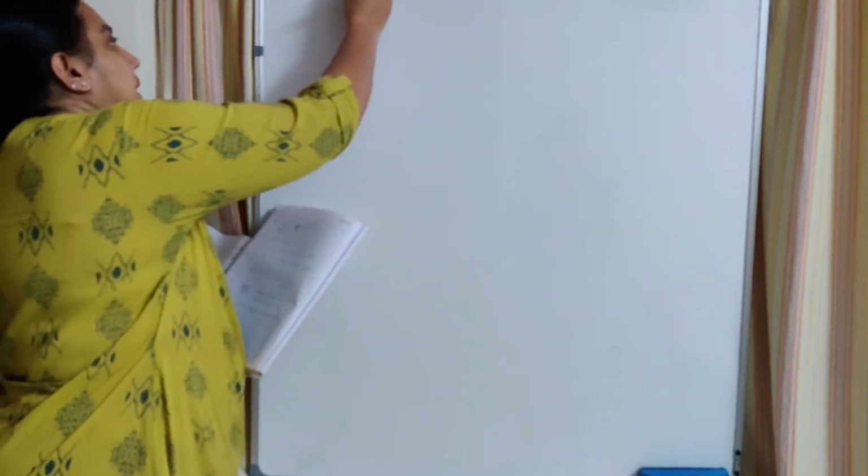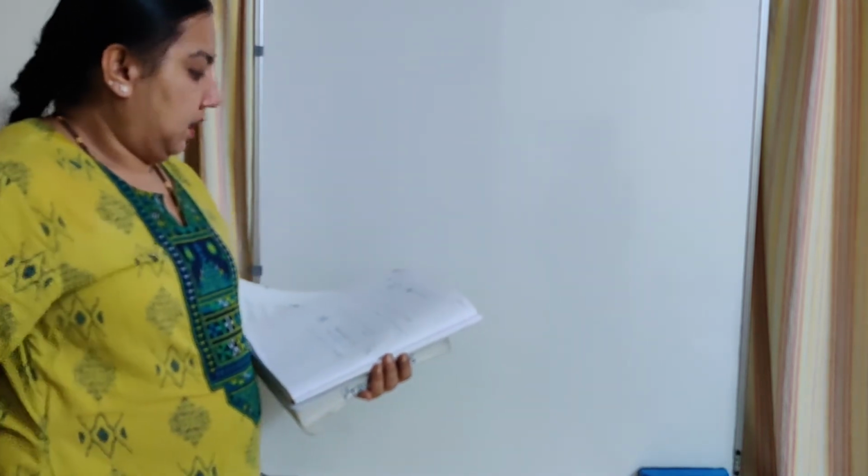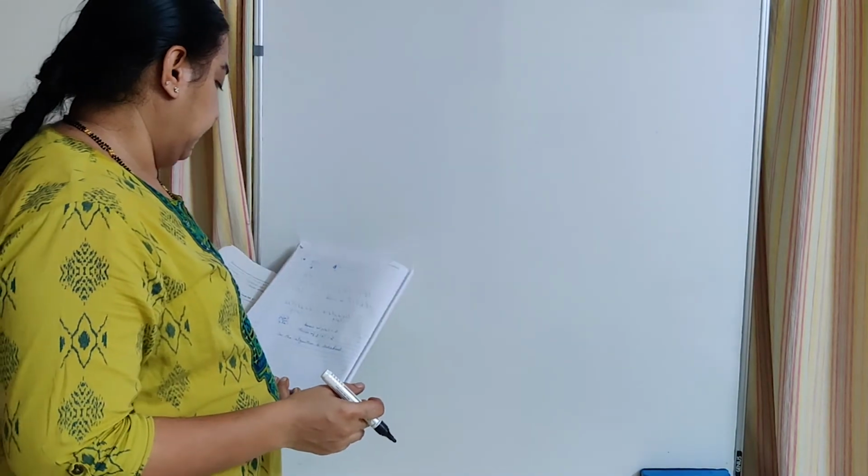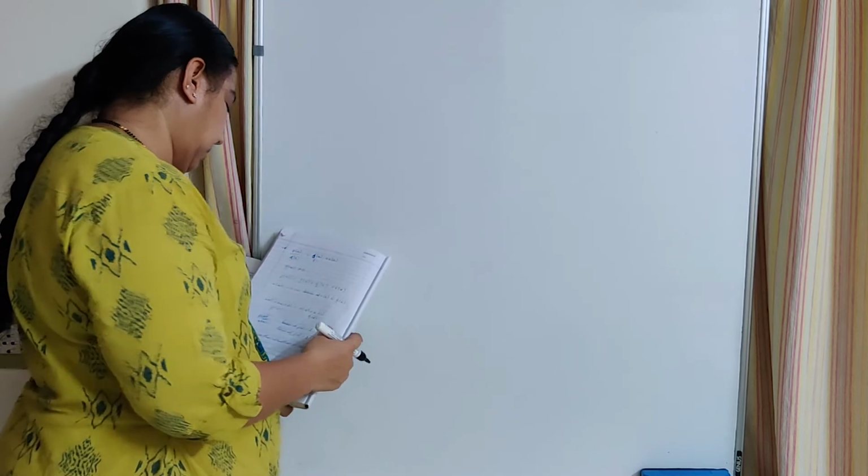Now into the fifth sum. In the first part of the fifth sum, they are asking us to make the polynomial, give an example and show that p of x by q of x, where the degree of p of x and degree of q of x, we have to make it as equal and show that. That's it. It's very simple. You have to show that